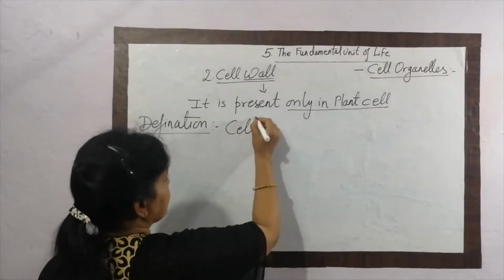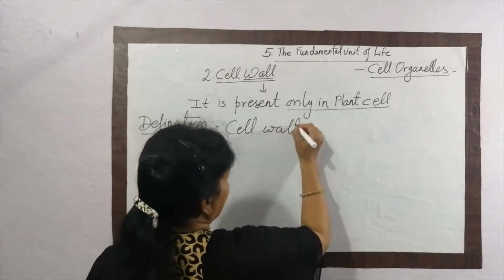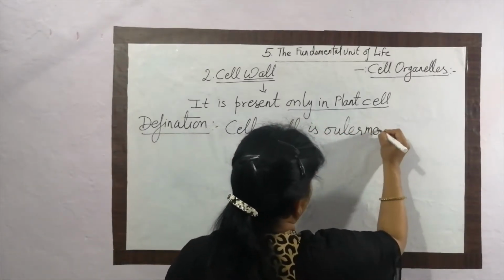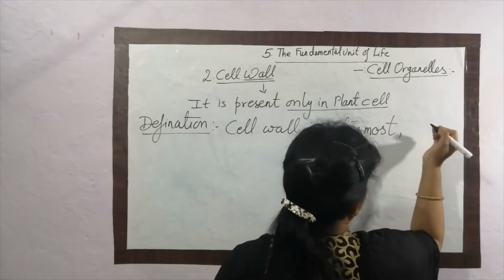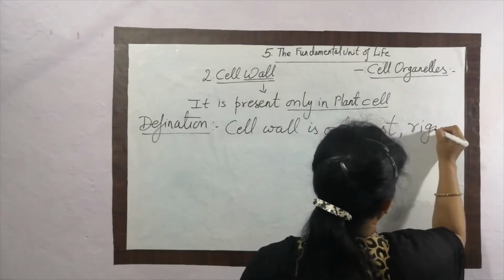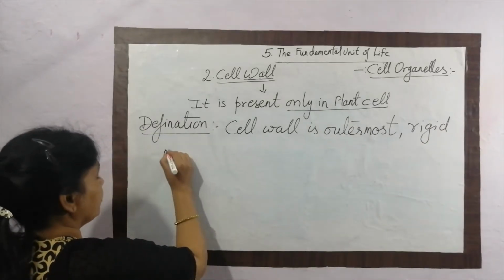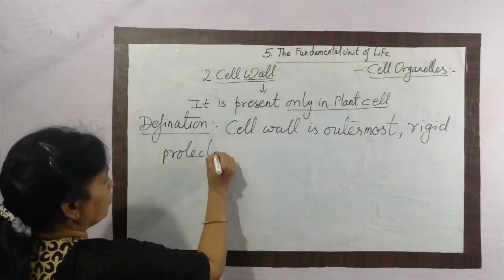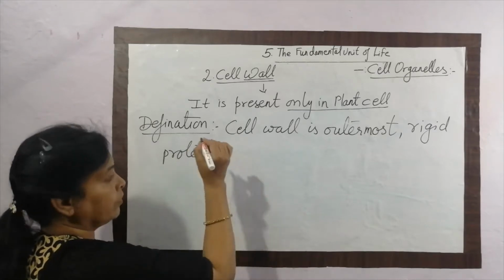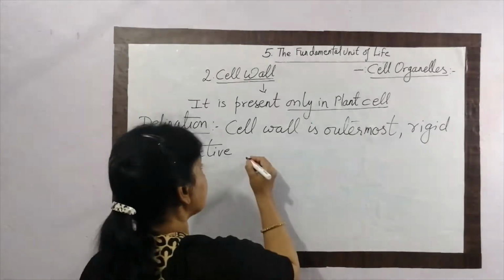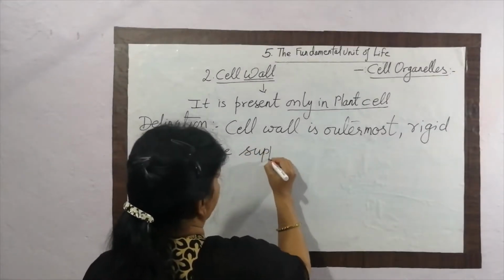Cell wall is outermost, rigid, protective, supporting layer